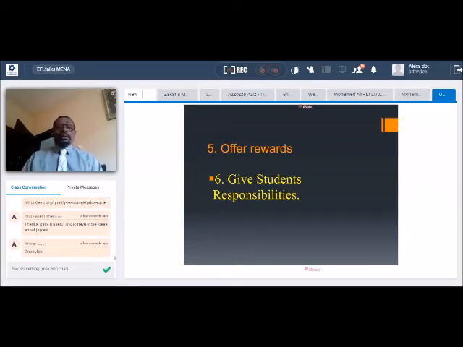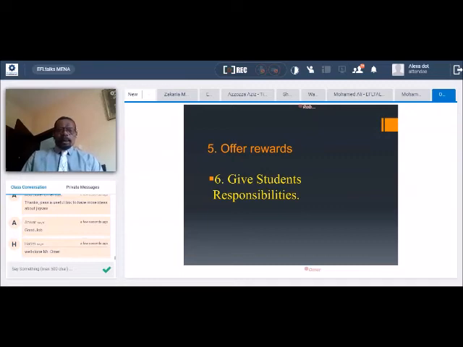When the students are rewarded, they are motivated also, and there are many things that you can use to offer rewards. For example, you can make a pizza party, you can let them watch a movie, or even something very simple, just a small sticker that you stick on a paper and give to them.